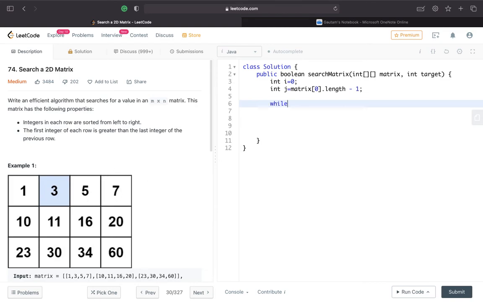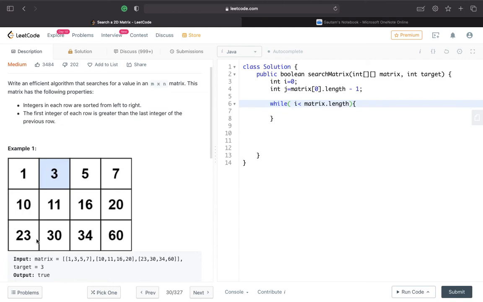So now I'll make a while loop. I'll need to iterate through the matrix until i is less than matrix.length. We don't need to move the value of i beyond the number of rows. So I have applied this check, and j greater than or equal to 0, right?